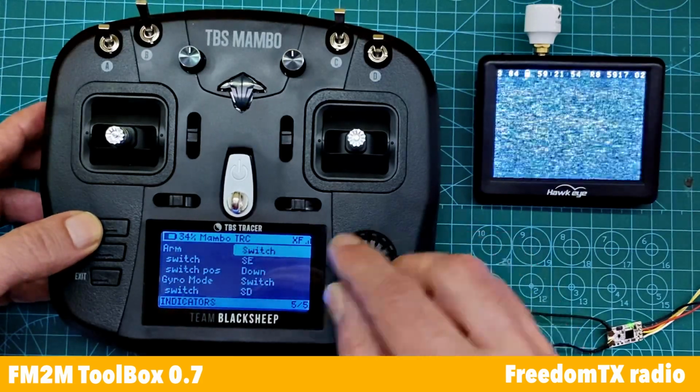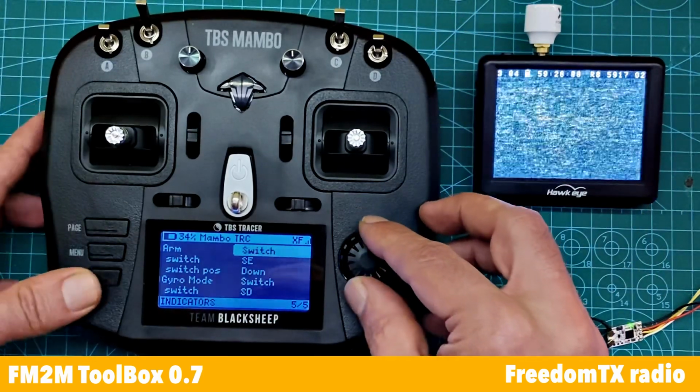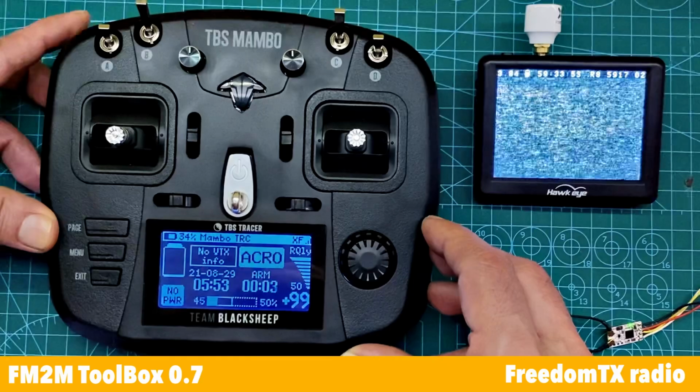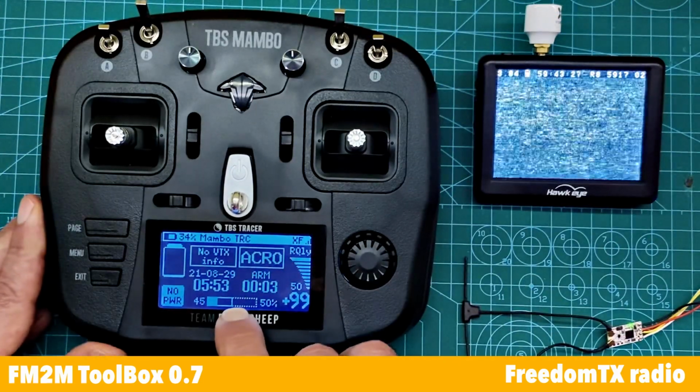I have my indicators on the switch. So as you can see, let's go to the dashboard. Just a switch. Even though there is no flight controller, I can still see what mode I'm in. The difference is that